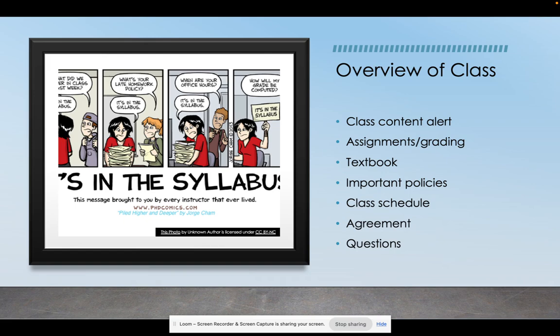All right. So these bullet points that we're going to go over, these are sort of the things that students want to know about. I'm not going to sit here and read the syllabus for you verbatim. That's actually going to be one of your reading assignments for the first day of class, or I guess the first week of class, because my expectation is that students will read the syllabus all the way through.